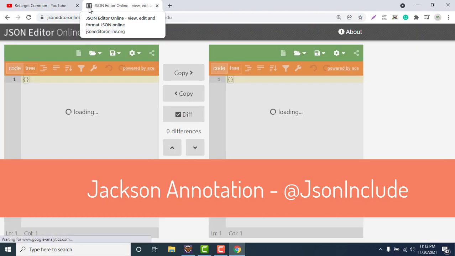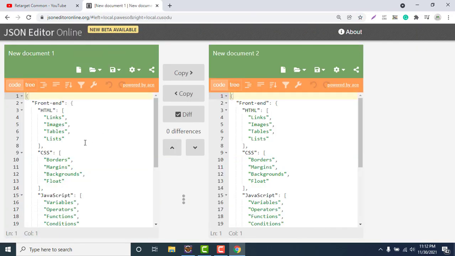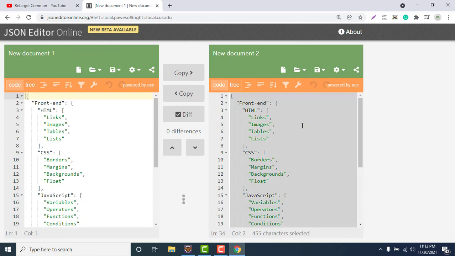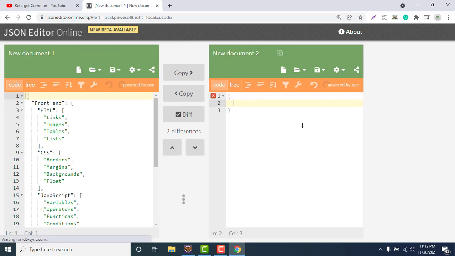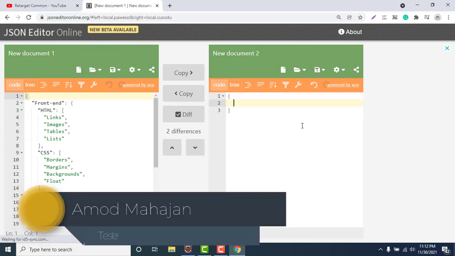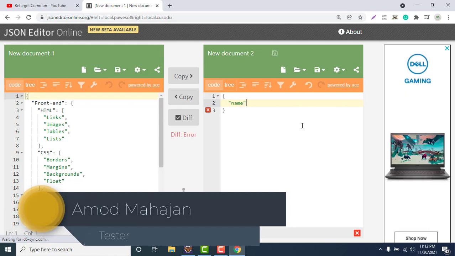jsononlineeditor.org, and suppose we have a very simple payload, one simple JSON object which consists of name.